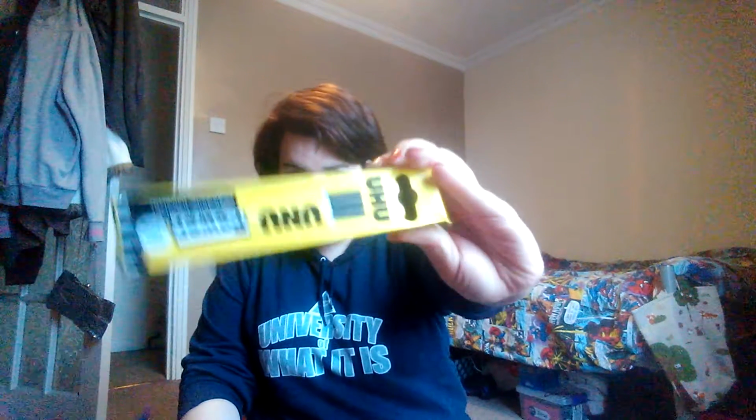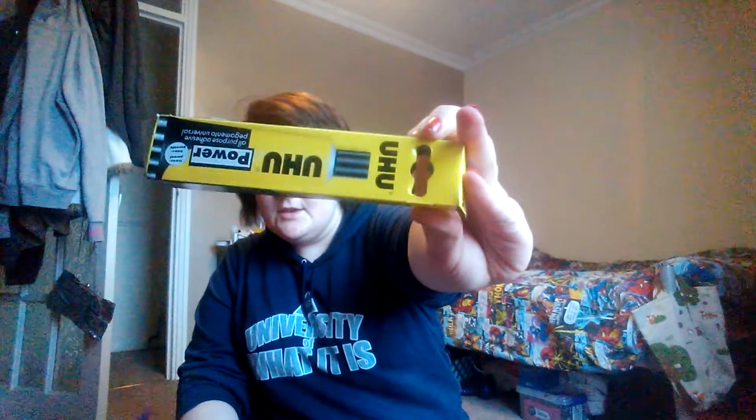And the next thing I would always say to take is some kind of glue. It's upside down. This is Yoo-Hoo power adhesive that wants to be upside down. But this is what I normally take. You can take a hot glue gun, you can take other kinds of glue. Just remember to take something. Or if you have that disaster,